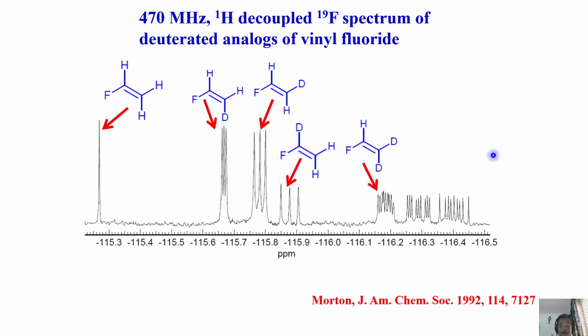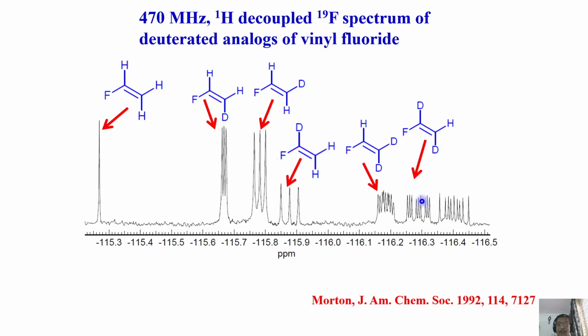Exactly the same pattern you will see in this position when the deuterium is in the 2 bonds and fluorine is experiencing 2-bond deuterium coupling and 3-bond deuterium coupling. See, this is what it is. One of them is a 2-bond coupling, the other is a 3-bond coupling. How do you identify 2-bond coupling?